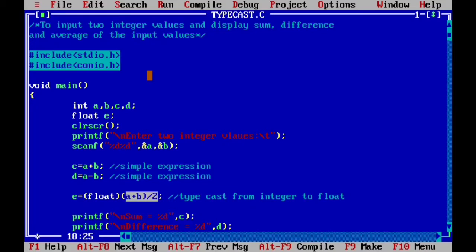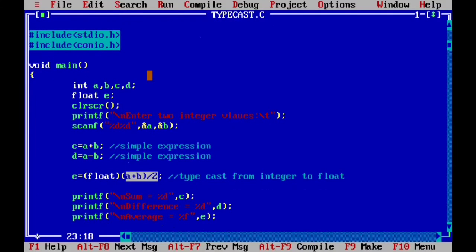In this case we wanted to convert our output into a floating point value. That is why float has come and our expression has come after that. So whatever the result is will be converted into a floating point value and then assigned to E, right? Then we have used the printf function to display the values of sum, difference and average.